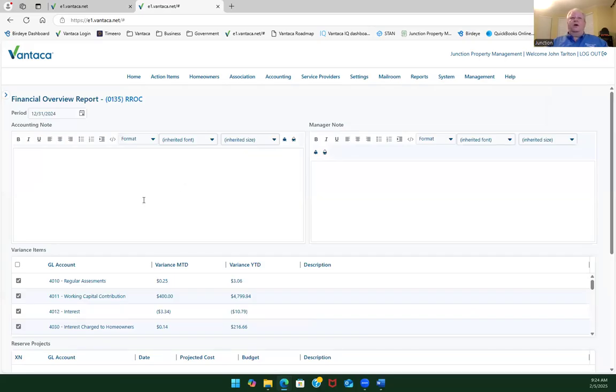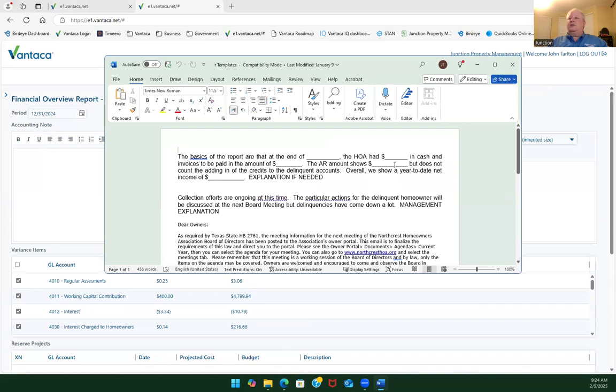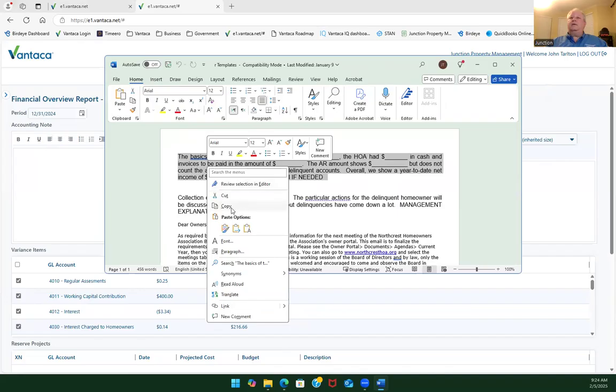So remember, we've got our accounting notes here, we've got our manager's notes here, and this is where that template comes into play that we've sent out to everyone on every computer. It looks like this. These are the basics for the accounting. This is the basics for the manager's blurb, if you will. So we're just going to simply copy this and paste it